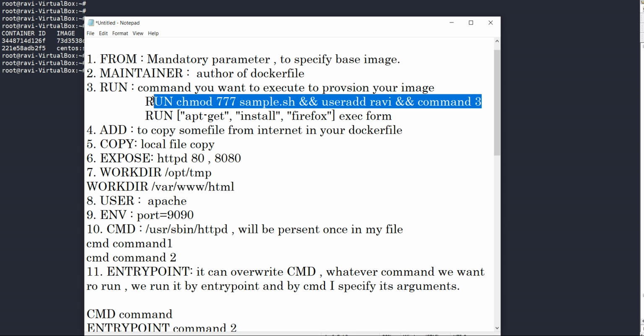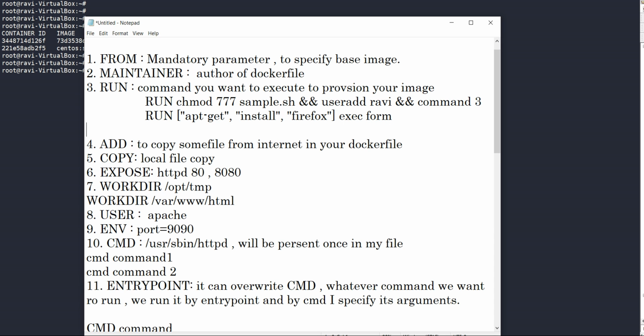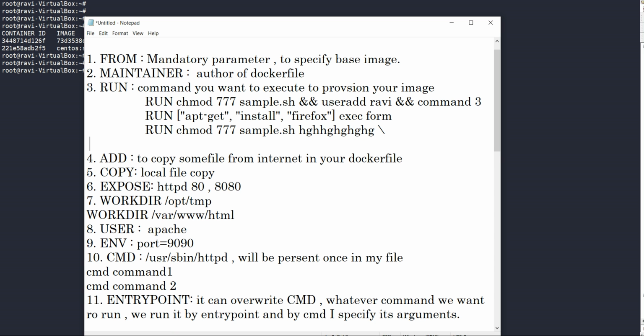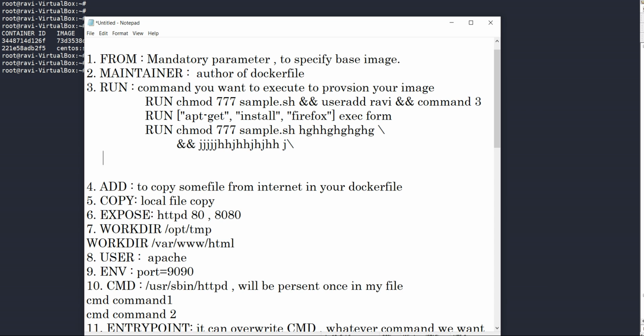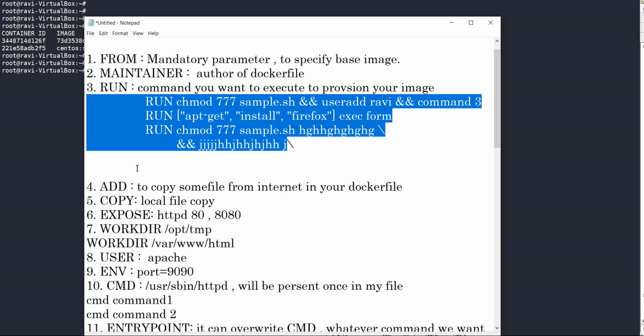One more thing I want to explain: suppose you have long commands. This is my long command, and I can do this, and then in a separate line I can write another command. So this is command 2. This means my line continues, so I can write the RUN command in this way also. So it is better to club RUN commands, because then you will have a common commit ID.